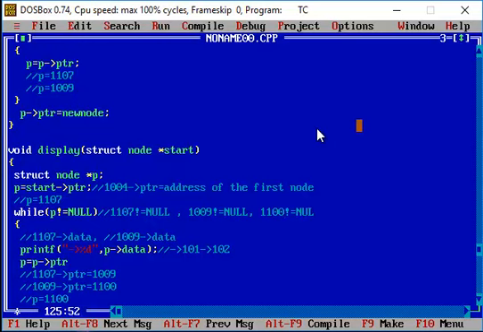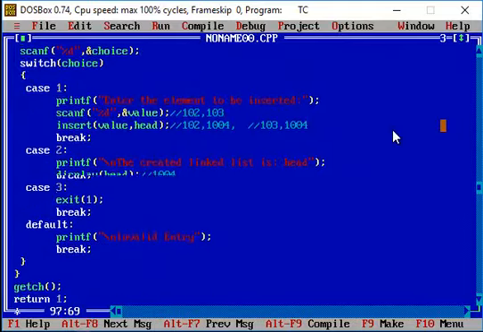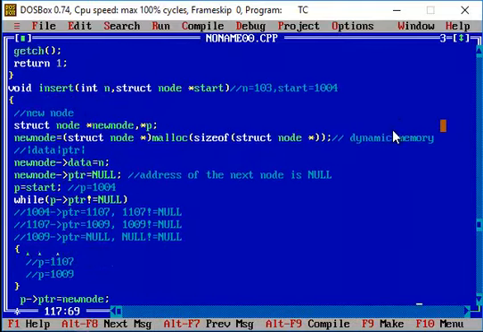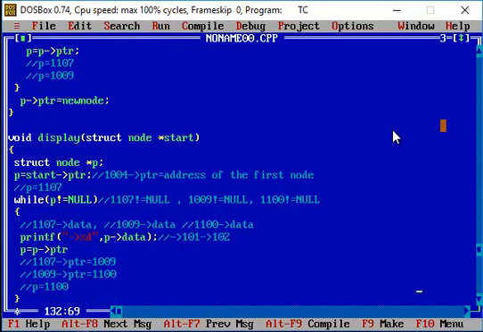Now we are going to visit the memory location 1100, and there we see the data is 103. That 103 will be printed.